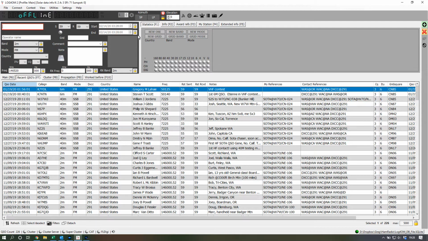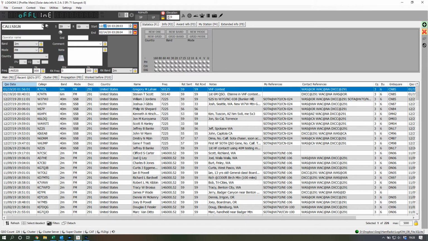Now what I'm going to do is unlock the two date fields, and as I do that, I'll want to edit this to be the actual time and date of the QSO that I had. So this particular activation was in December, so I'll put 12 here, and notice that as I click here, if there's no call sign in this particular area, it goes ahead and lets me